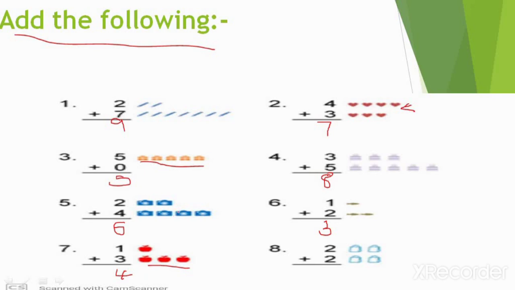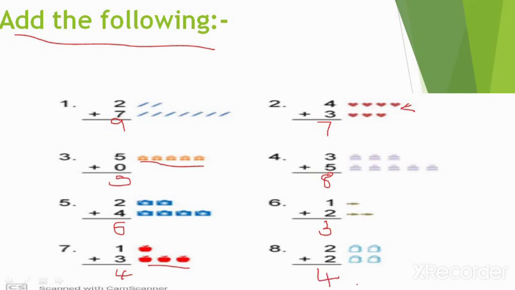Hope you all understand this well. Okay, what you have to do, my dear students? Now you have to make practice about this. This is 2 plus 2. That means we already have 2 objects and now we have to add 2 more to it. Okay, so we have to start counting after number 2. 2 after 3 and 4. So our sum is 4.